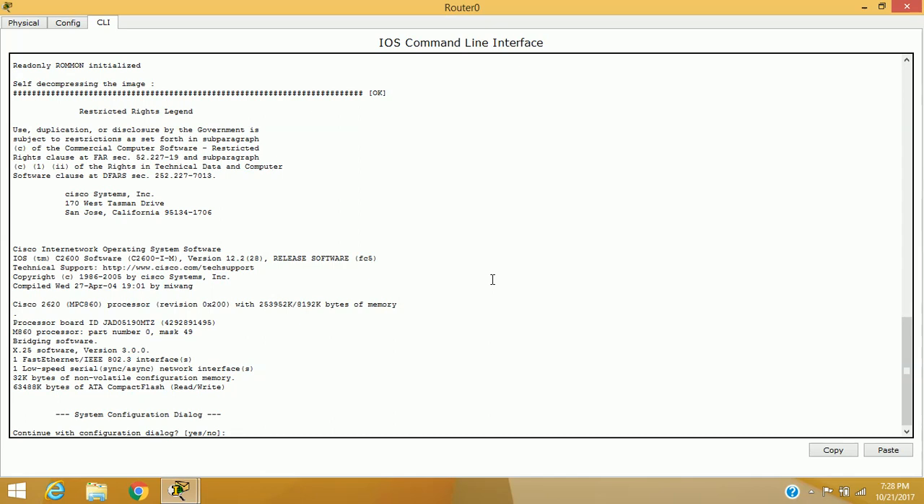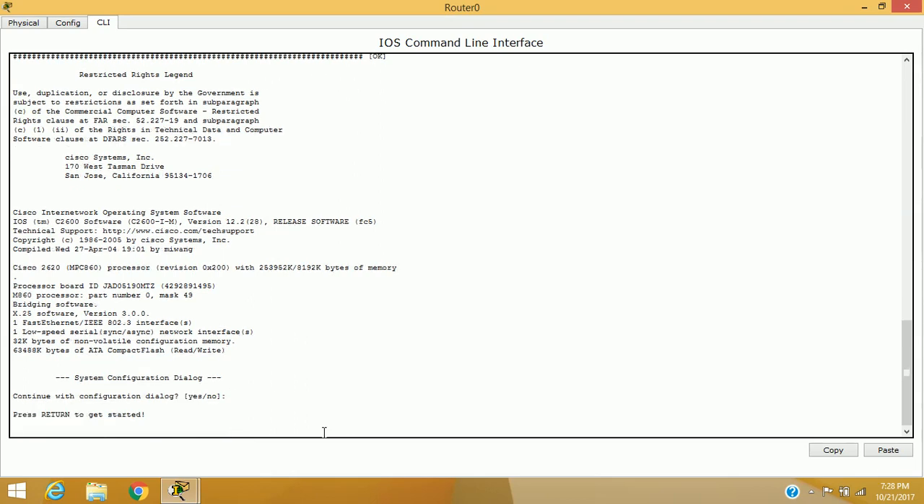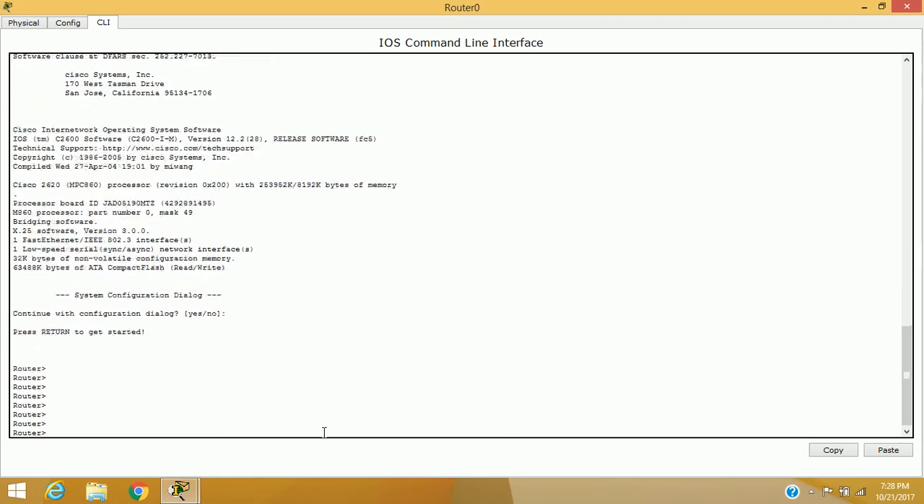Continue with the configuration dialog box, yes or no. I am pressing Ctrl C so that I can configure manually. As you boot your router, the first prompt you get is router greater than sign, which is called user execution mode, because now you can execute some commands here. So what commands can you use here? Some basic commands, only to view things, like show